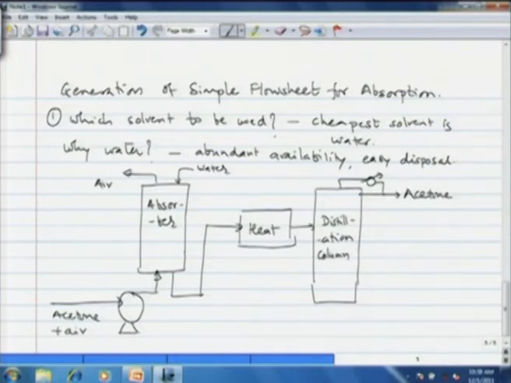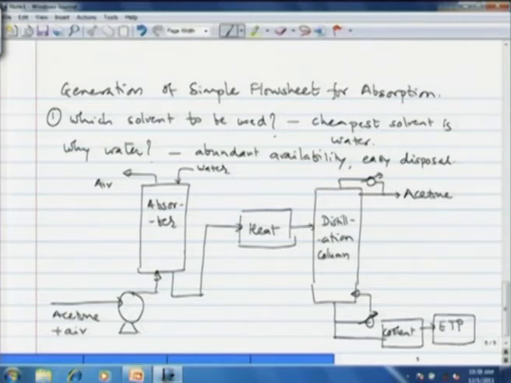and the water, after giving the reboil, vapor reboil, is sent to a coolant and then to effluent treatment unit or effluent treatment plant, ETP, okay. And the stream from ETP is disposed in a sewer. So, this is a simple flow sheet that we can draw for a gas absorption system coupled with recovery of acetone. That is another thing, the distillation column is for the recovery of pure acetone.